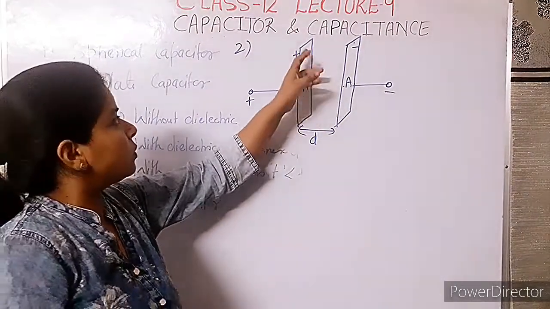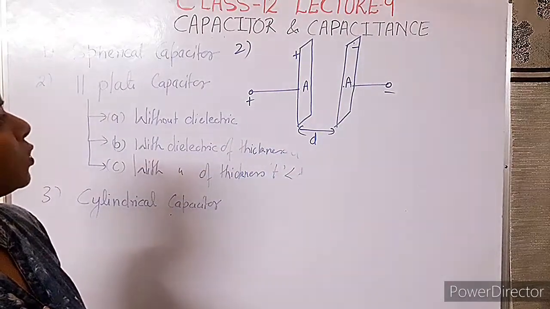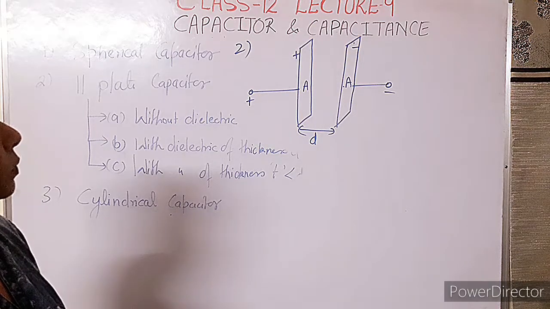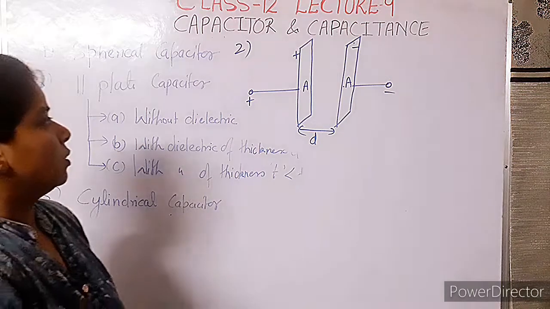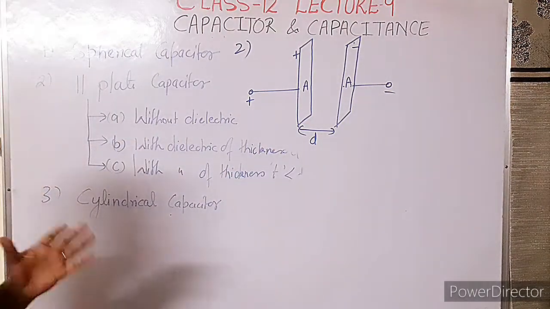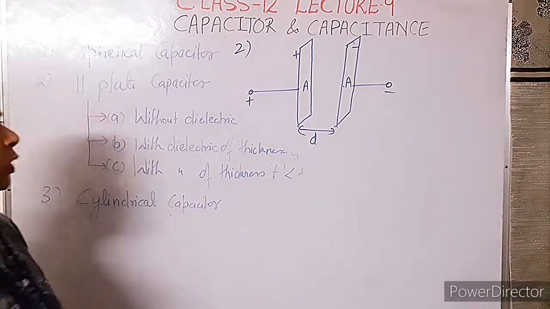And without dielectric means in between the plate there is no dielectric. That means we can assume here that the middle of the plate area is filled with air or vacuum. Now you know that these plates are made up of conductor. So we must have to apply the properties of conductor here. We will go through the case. Okay, now